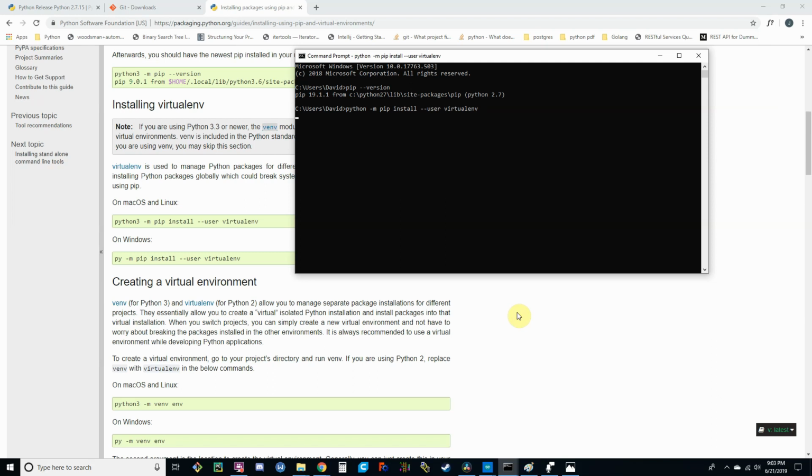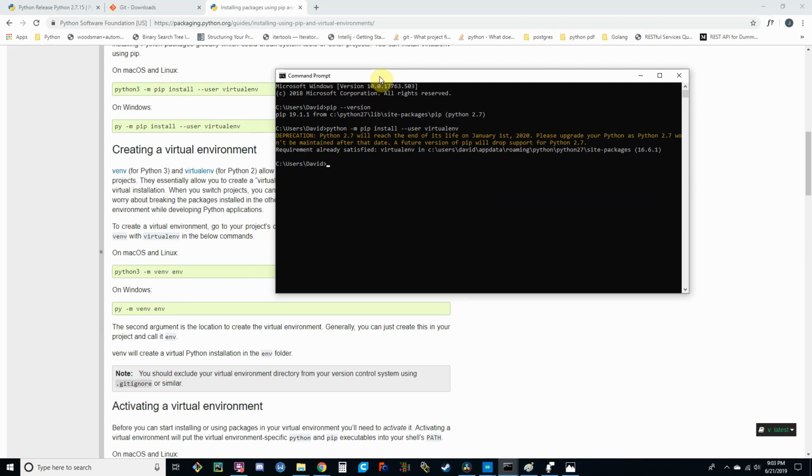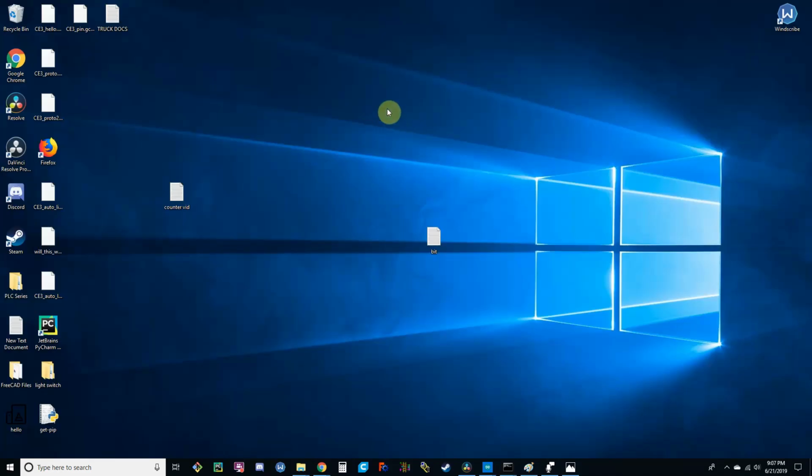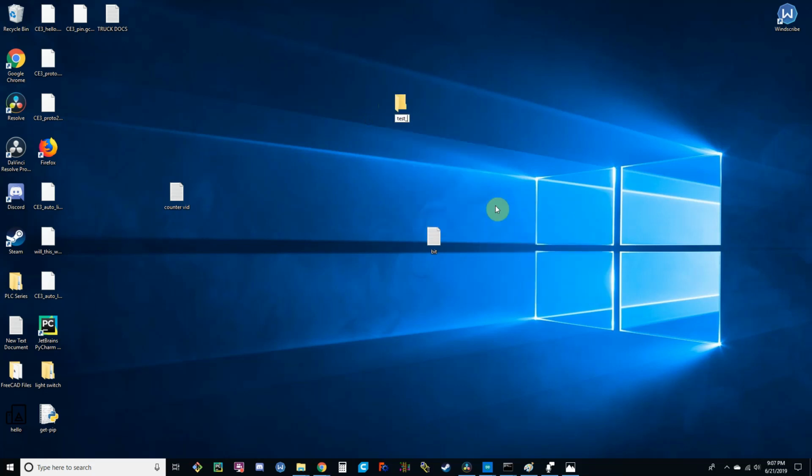If you haven't done this yet, your computer is going to start to download the virtualenv module. But you can see where it says requirement already satisfied. I've already downloaded it. So after you've downloaded it, we can now create a virtual environment. But first, I'm going to create a new project folder to store our project in. For the sake of being fast, I'm just going to right click and create a new folder here, and we'll call this test project,